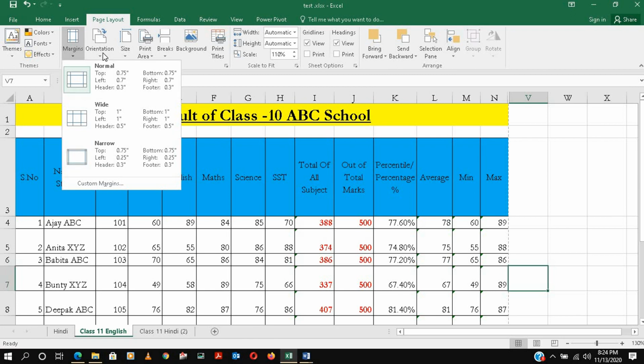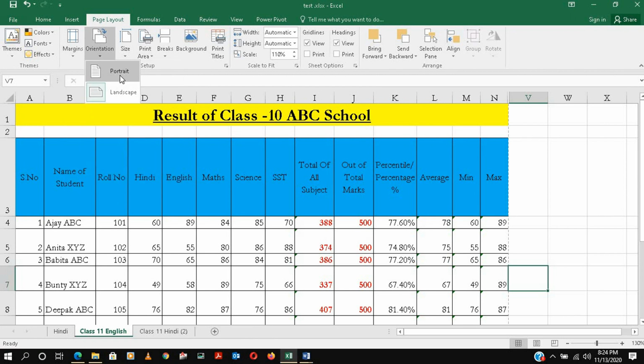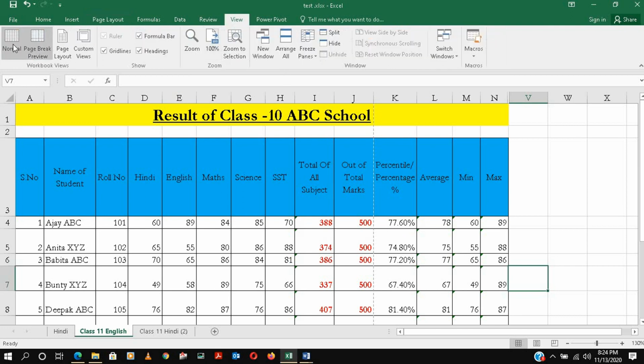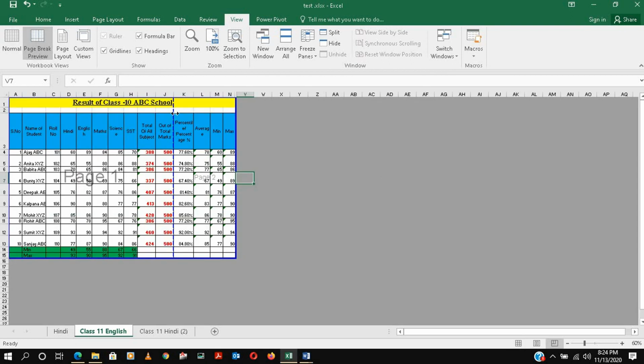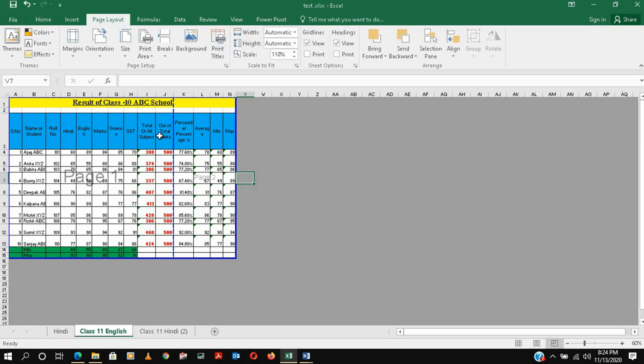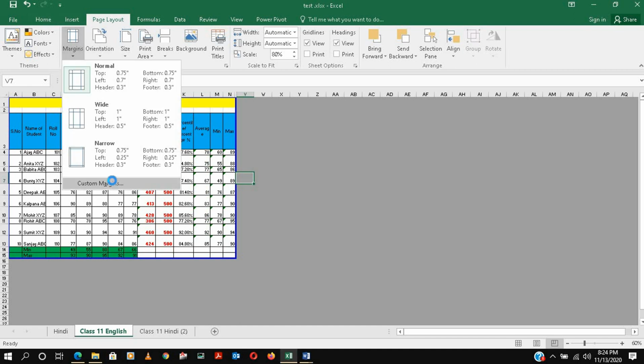Margins we covered. Then orientation, basically I told you this is by default landscape. Here it will be portrait. So if we do this portrait, what happens? First of all, you see one line is coming here. Basically this we will see in view. So in view, if I go to page break preview, here are two pages, one page is this and one page is two, because of the width of the page. So basically this has two printouts. If we want one printout, I will cover it here itself. You can just drag this to here, so it will be one page now.